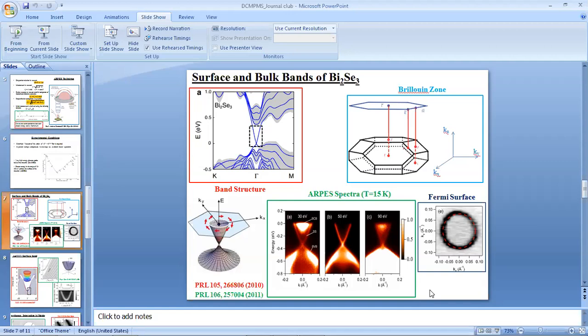In the top left panel, where you have the schematic, you don't have any bulk bands or 3D bands inside the dashed black line, right? Because that's the bulk band gap. There is a bulk band gap, but in the ARPES spectra, why do I see the 3D bands? I should not see them, right? Because close to zero, there is no band.